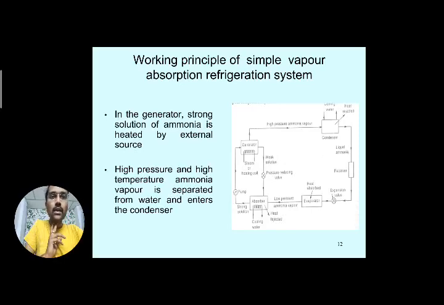Starting here, what happens in the generator? You can see the generator component here. To the generator, at the left side, there is a connection from the pump or from the absorber along with the pump. It is making a connection to the generator. To the right of the generator, the weak solution is sent to the absorber through the pressure reducing valve, and the other connection at the top is the main connection, where high pressure ammonia vapors are sent to the condenser component.